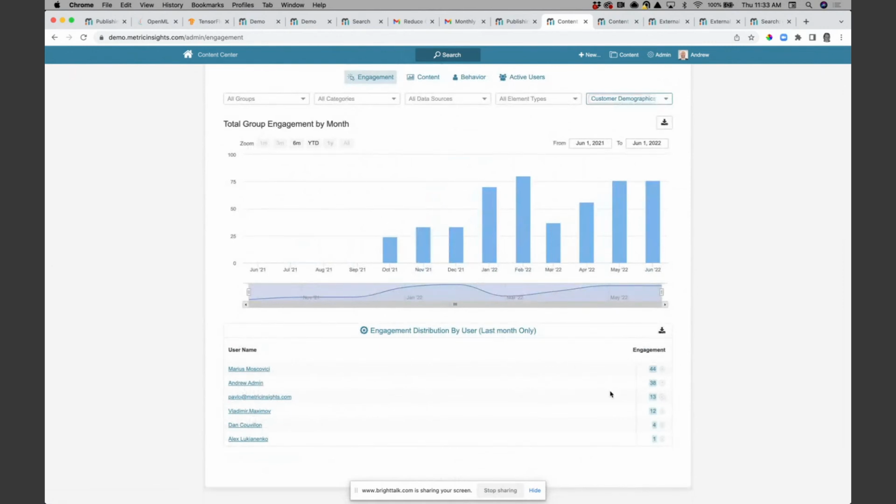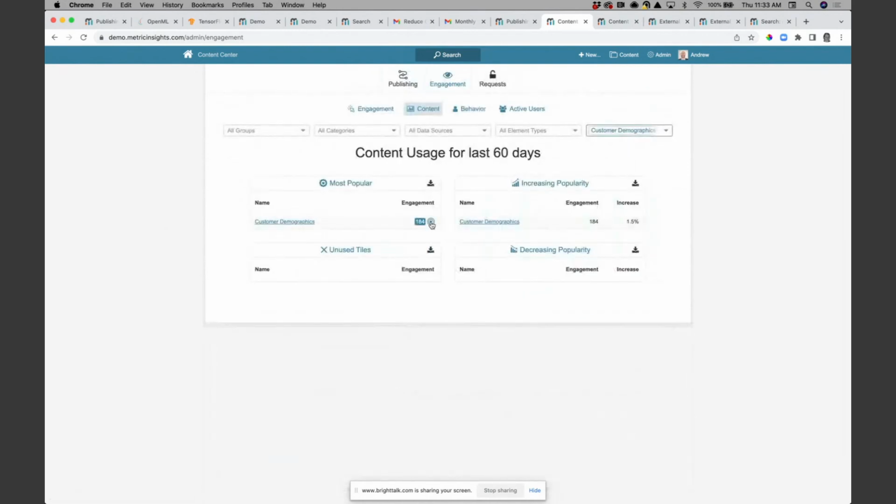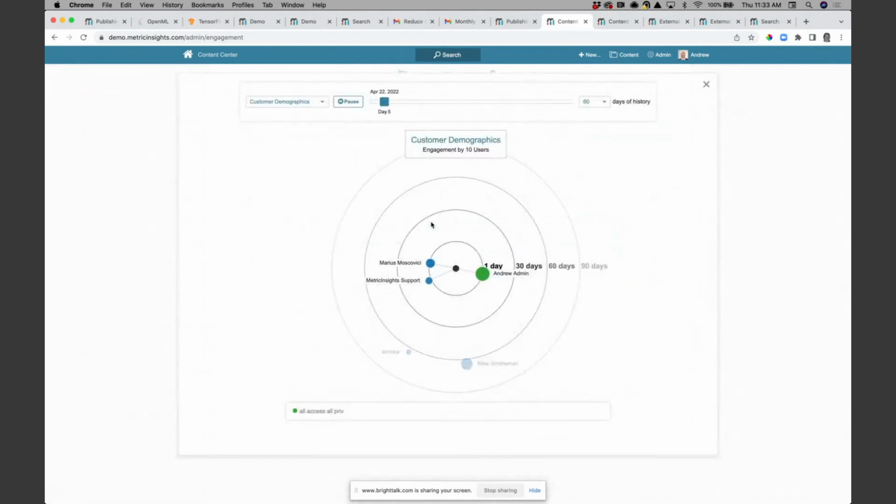Users, groups of users over time. Is it still being used? How are people engaging with it? Did I publish it and everyone tried to use it, but then never used it again? Or are they like Grayson coming in, using it, and then continuing to use it over time? Or are they using it once like I did and never again because it's not useful to me anymore?